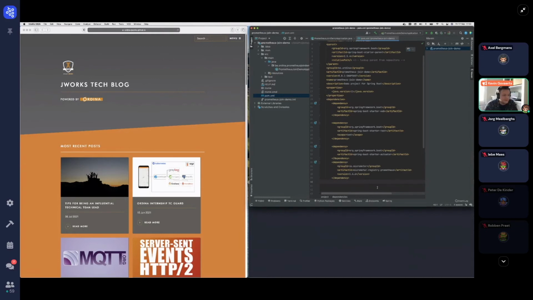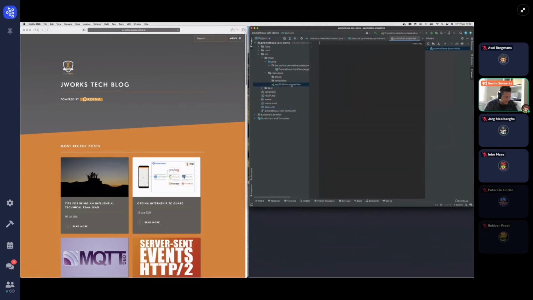Let's save this, important. And then to get the endpoint available, we need to add something in our application properties, which is basically telling actuator that it needs to include a Prometheus endpoint, show details, that it always has to show the details, and then we give a custom tag to our application. If we now start the application, we should get an endpoint available